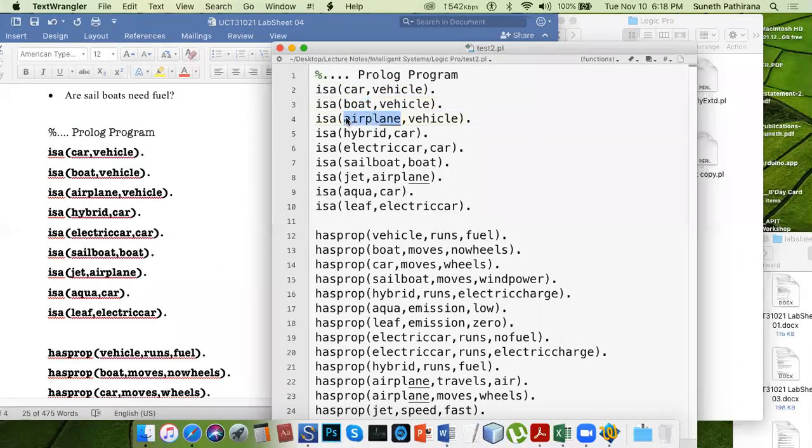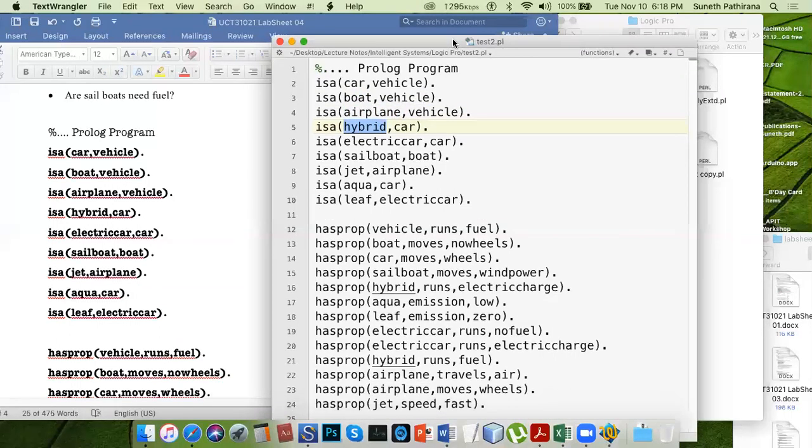Airplane is a vehicle. This time, what is a hybrid car? Here I am overriding the first property, vehicle type, with the new subcategory hybrid.